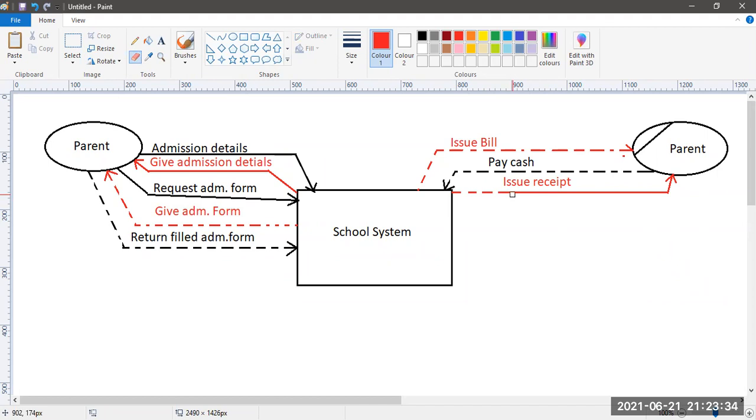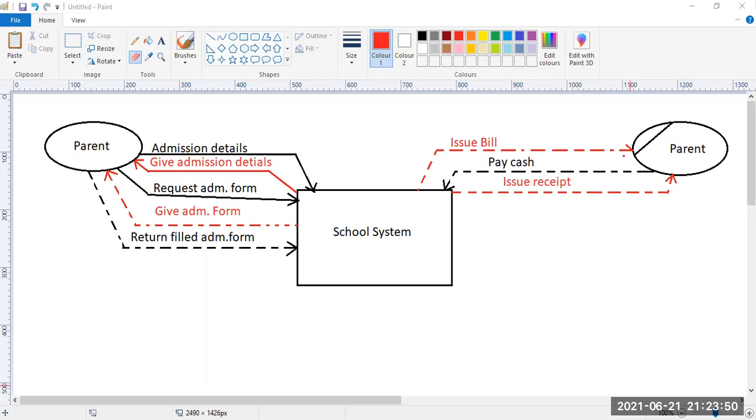Understand how the DFD works at context level? Everybody okay? Very good. So can you draw this now? You can draw it and let me know when you're done.